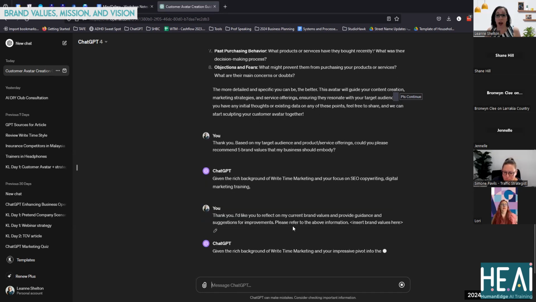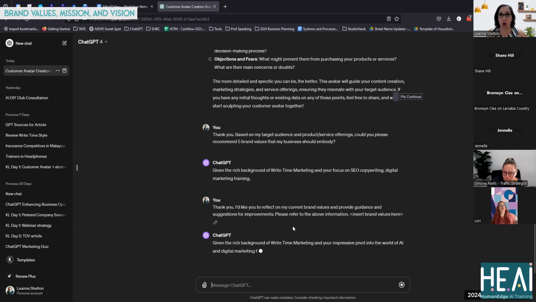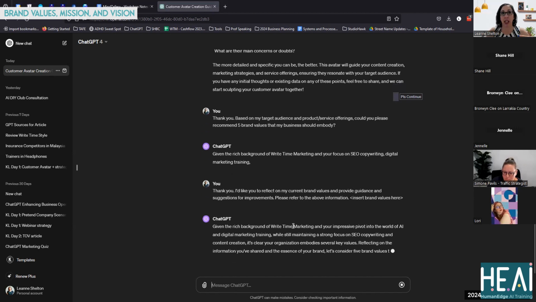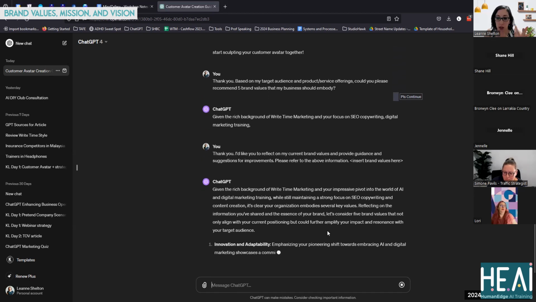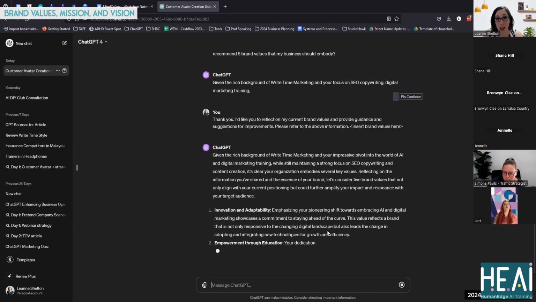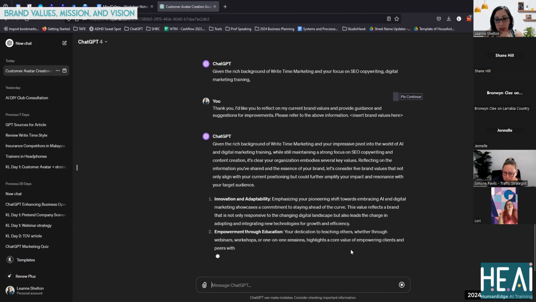Let's get it all built in this one section, just so it's all there and it's easy for you to then find it again. You can change it up a little bit as well. There you go. It knows me from custom instructions, so therefore it can give me some ideas. Okay, yes, so if you have 2 avatars, repeat the process.